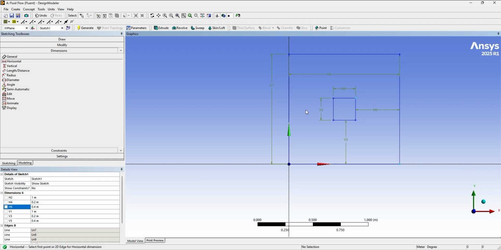to move this to the front, to the upstream, so we can analyze what is happening in the back, so we are not limited by the size of our control volume. I want to keep it in the middle for now. I'm going to hit generate and then go back to modeling,